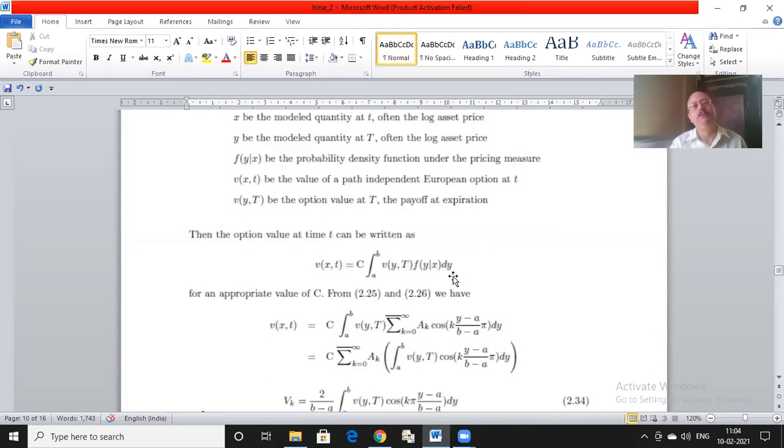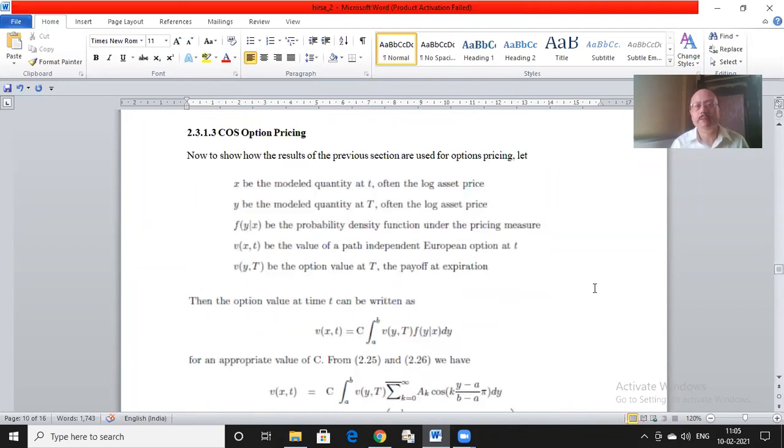And again, a suitable choice of A and B will be required. But in case of a log stock price, we can make very good finite interval assumptions and get good bounds. Good in the sense that it will be very close to the true value. Because we know that under the usual normal distribution models, the tail probabilities go to zero exponentially fast. So any finite truncation will not matter much.